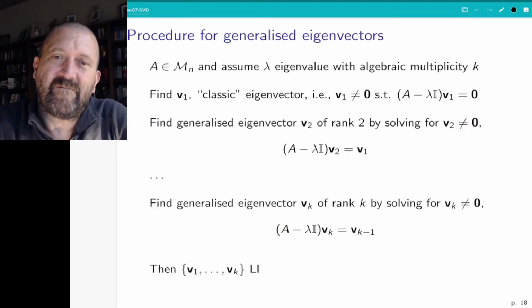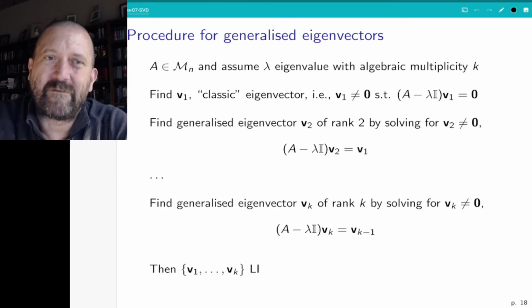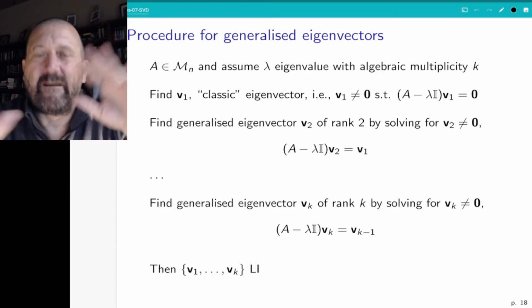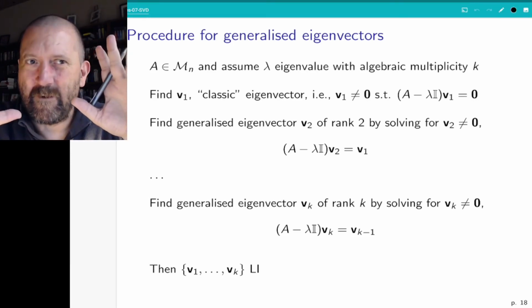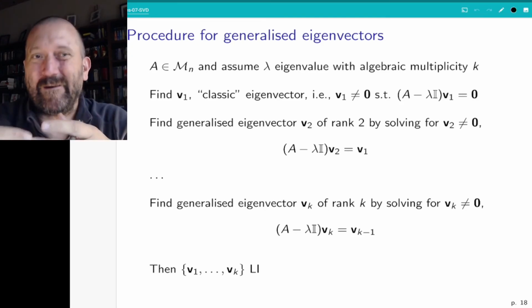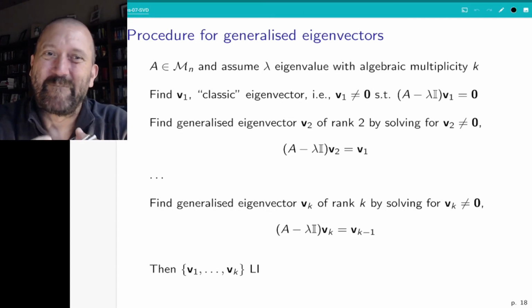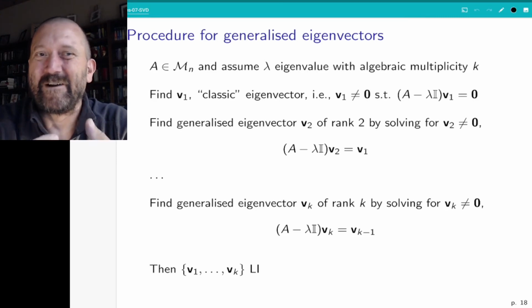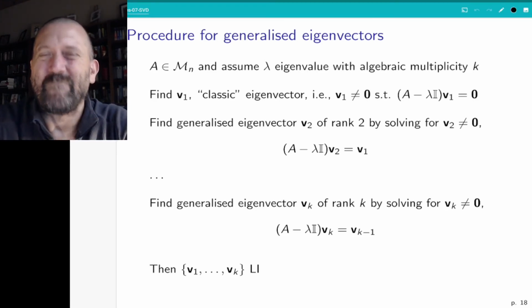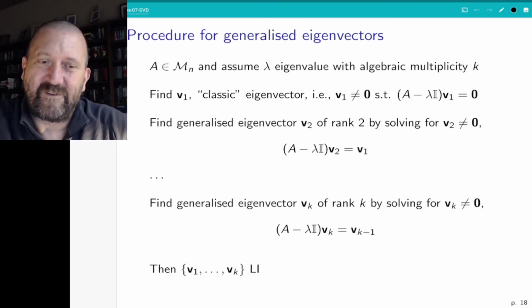In practice, how do we find generalized eigenvectors? So assume I have an eigenvalue with algebraic multiplicity equal to k, and let me point out, this is sort of general. There are cases which don't work, you have to be careful and so on. So that's why, again, in practice, I'm going to provide you with examples which have eigenvalues all distinct, because this gets complicated. Probably I might throw in one or two examples that don't, but in general, this is what happens.